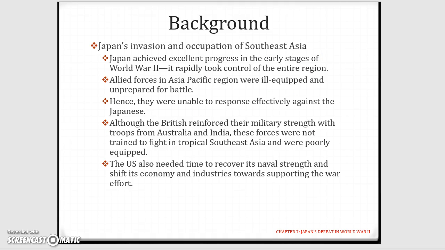Okay, now a little bit of revision of chapter 6. Japan invaded, occupied Southeast Asia. We look at the reasons why they started the war. There are quite a variety of reasons. So in terms of the progress of the war, Japan was very successful in taking over almost the entire Southeast Asia. They took control of the entire region. The Allied forces were more focused on the war in Europe. So therefore, they didn't bother with